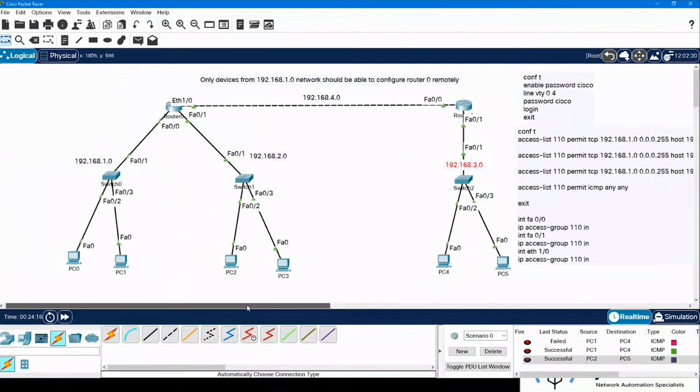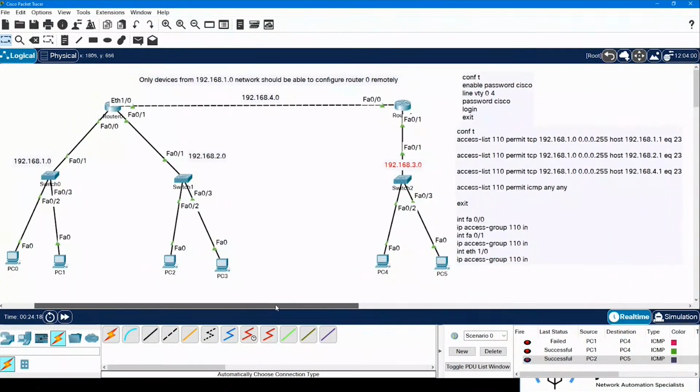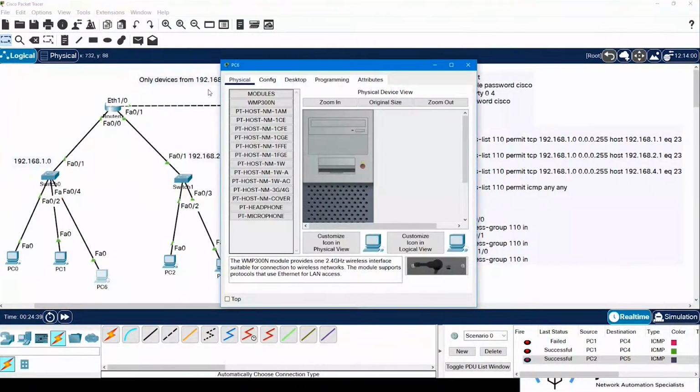So we have a doubt here: why is PC0 able to create telnet sessions? PC0 and PC1 will be able to create telnet sessions because we have allowed the devices of network 1.0. Even if you try adding some device, let's say PC6, and connect it with the switch, assign it an IP address,